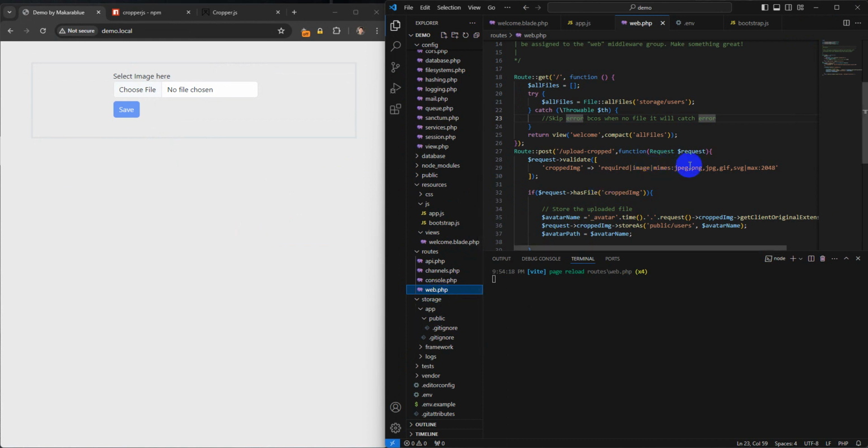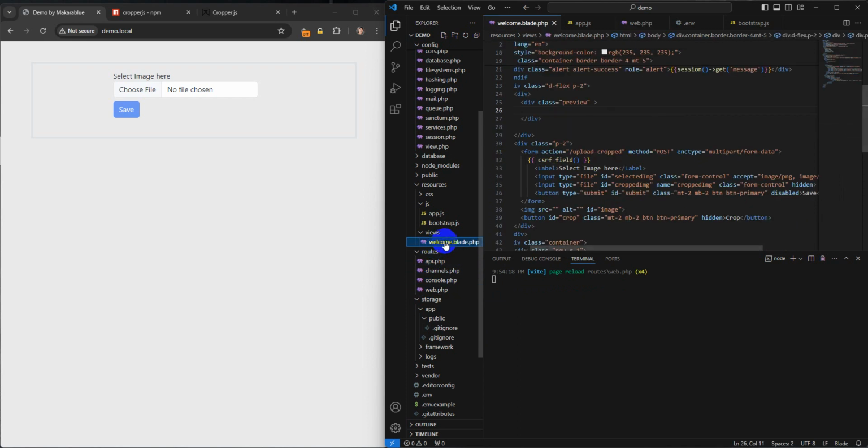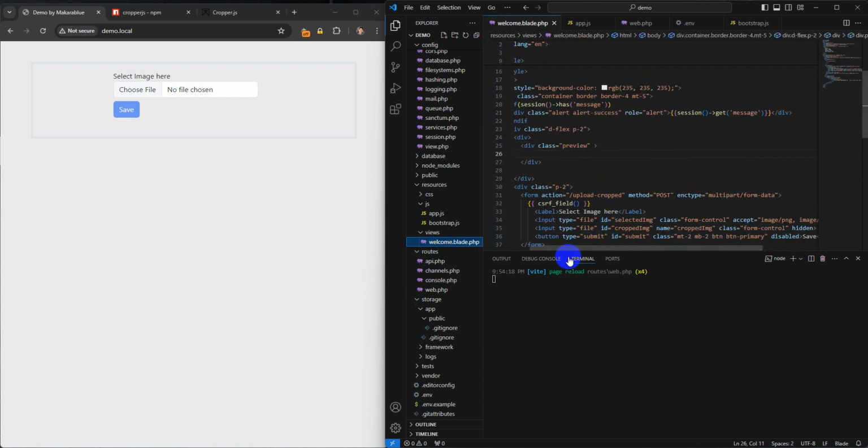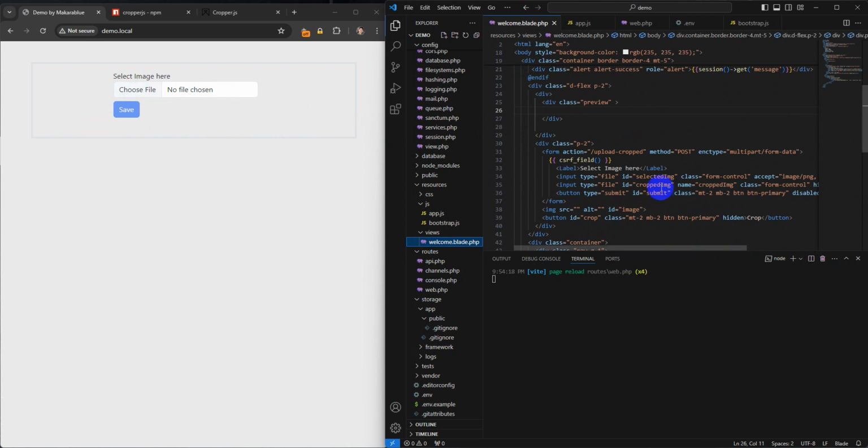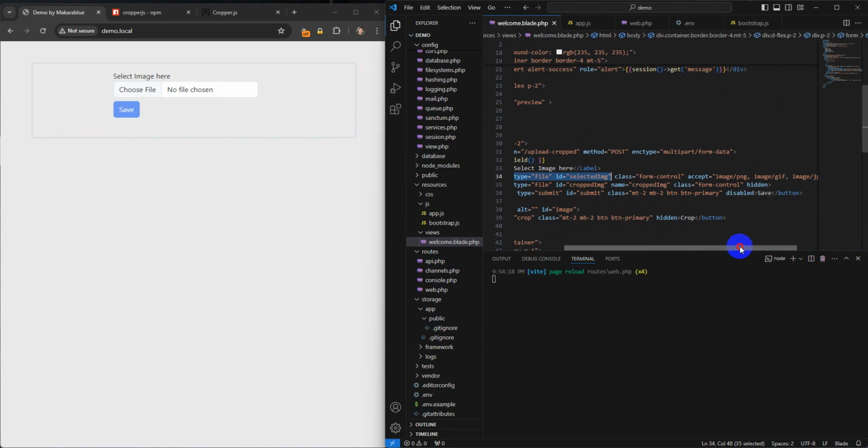I will explain that this is my home page. When the route is the home page, I return a view welcome. Yes, and inside welcome I designed some HTML, like you see. This is inside a form. I have an input of type file to choose or select the file from my file explorer, and